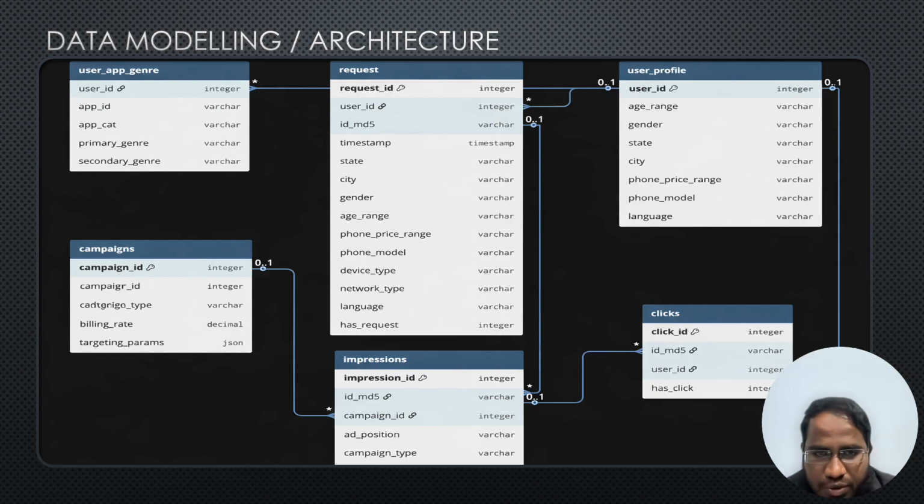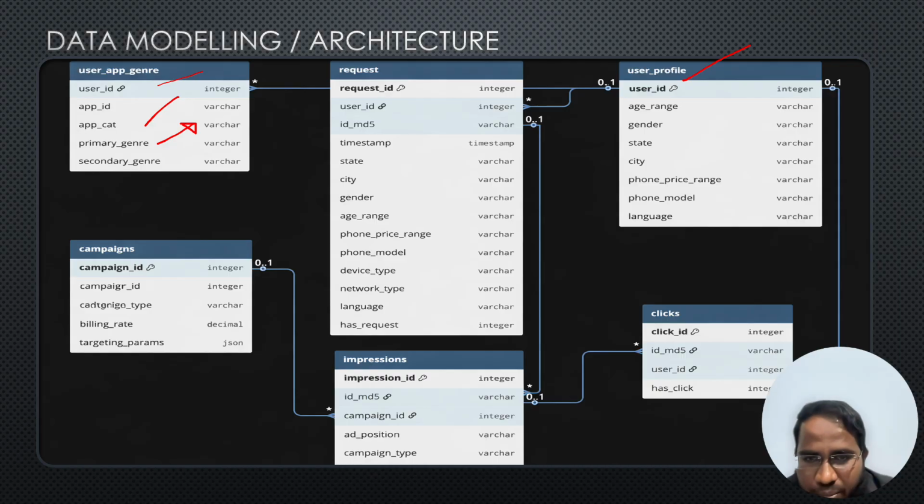As soon as a person installs an app, we will get his basic details. For example, we will create a user ID for that user, and there are two profiles we will create: one is app genre and another one is user profile. App genre will have what apps he has, what the category is, and what type of genre he is searching in an application.